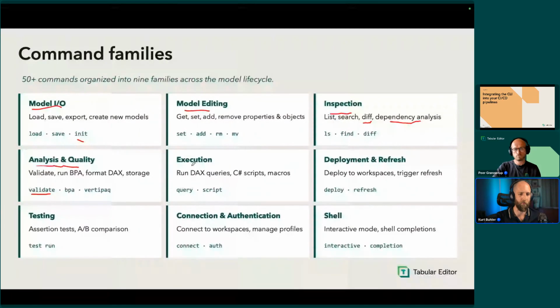and executing both DAX queries as well as C# scripts, and even being able to reuse macros. So similar to the macros that you would save in Tabular Editor itself. Deployment and refresh, of actually publishing the model into a workspace and then refreshing it, or refreshing a specific table or partition. Testing, and this is, I think, Pierre, definitely something you're super excited about, and I